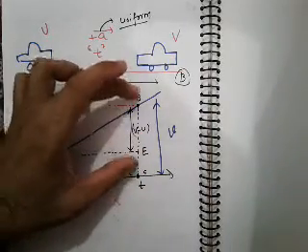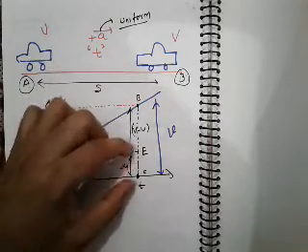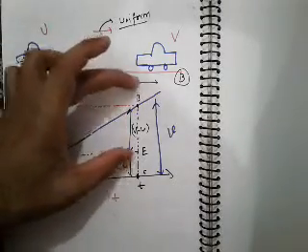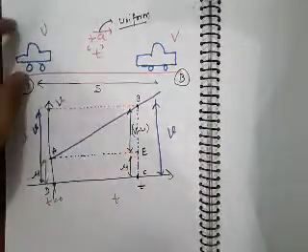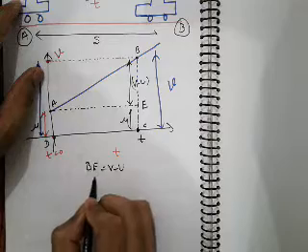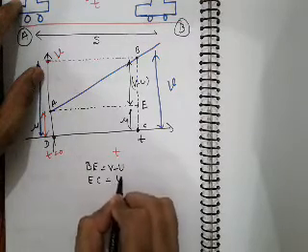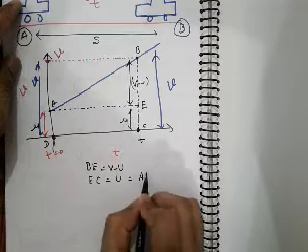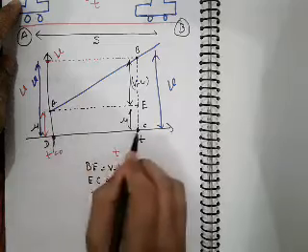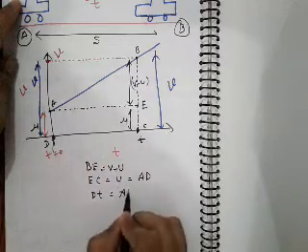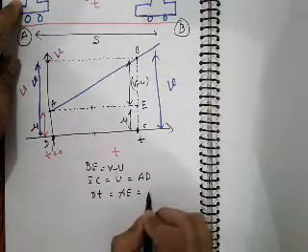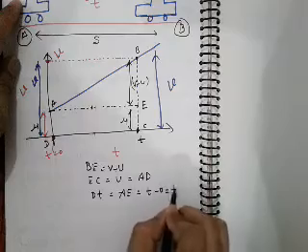If you want to find BE, subtract EC from the total value of BC, that is V minus U, and you will get the value of BE as V minus U. So here BE is V minus U, EC is U, and EC equals AD. DT is mentioned here, DT equals AE, these two are equal. AE equals t minus 0, which equals t.